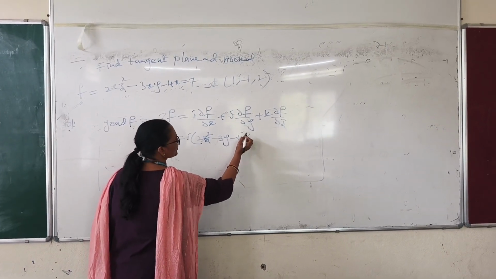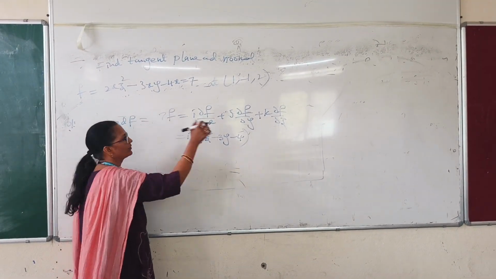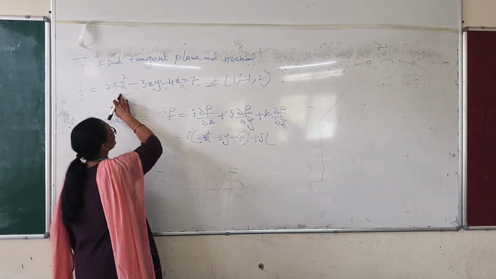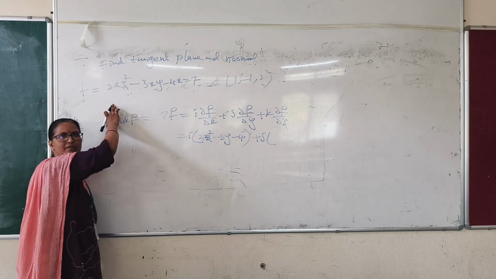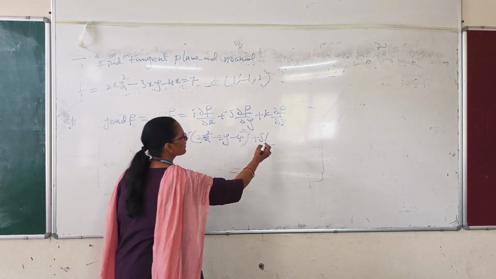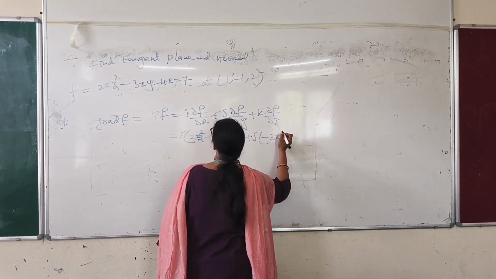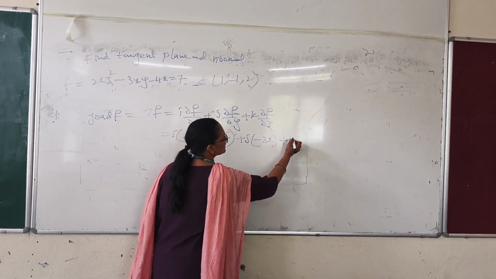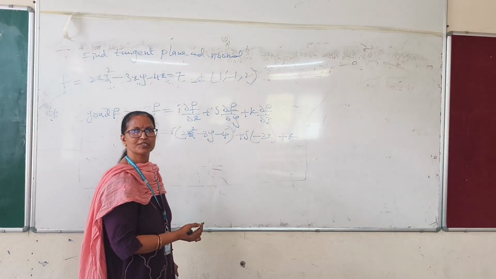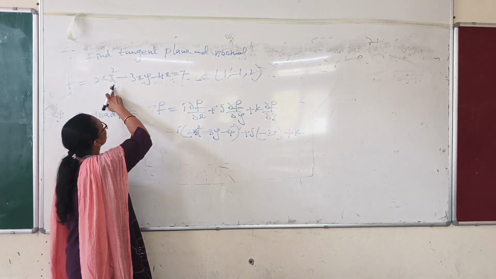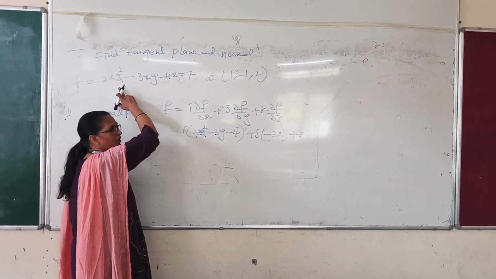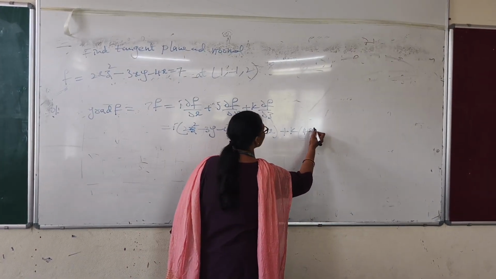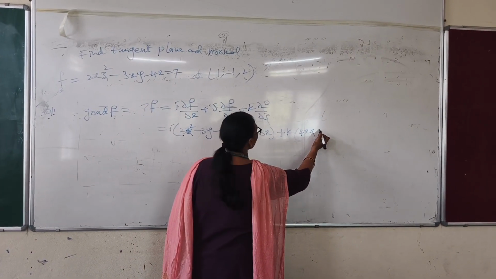Next, let us write with respect to y. In the first term, there is no y variable. That's why the derivative is 0. The second term, the derivative of y minus 3x, there is no y term, so the differentiation is 0. Now, let us write k with respect to z. In the first term, z is squared. The derivative of z squared, we should write, is 4xz. x is constant. There are no other variables in the terms to differentiate with respect to z. So this is the gradient function.